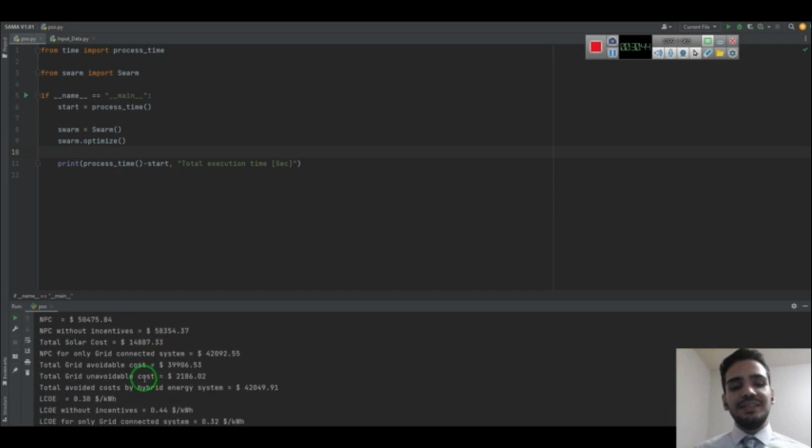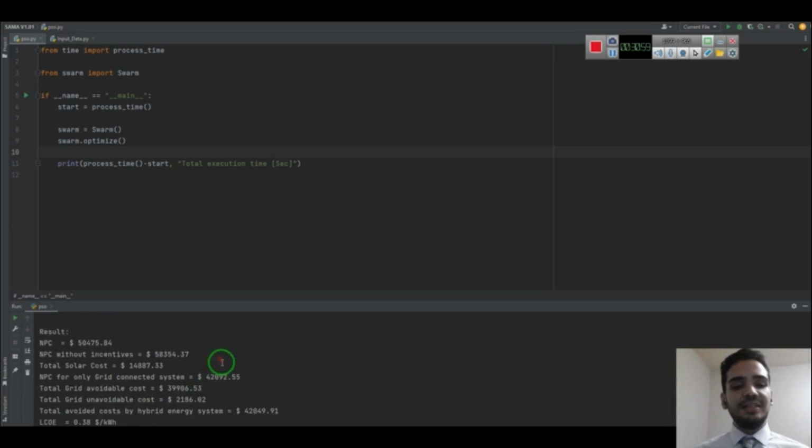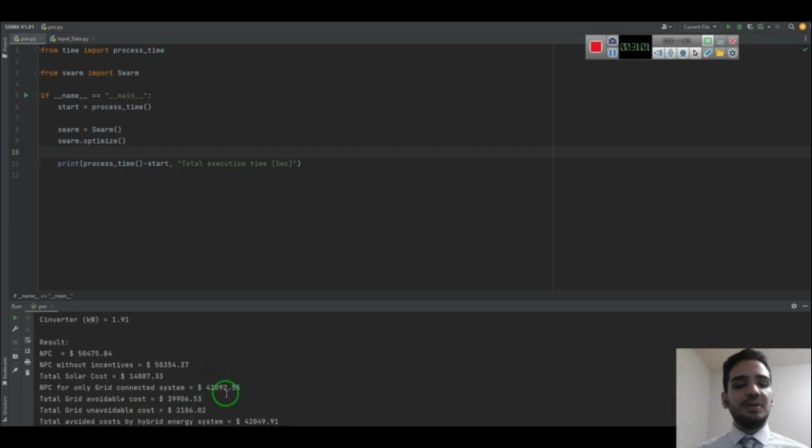Also, you can see the net present cost for the utility over these 25 years, I mean project lifetime, which is $42,000. And we can see that this is a bit cheaper than the net present cost of the off-grid system.